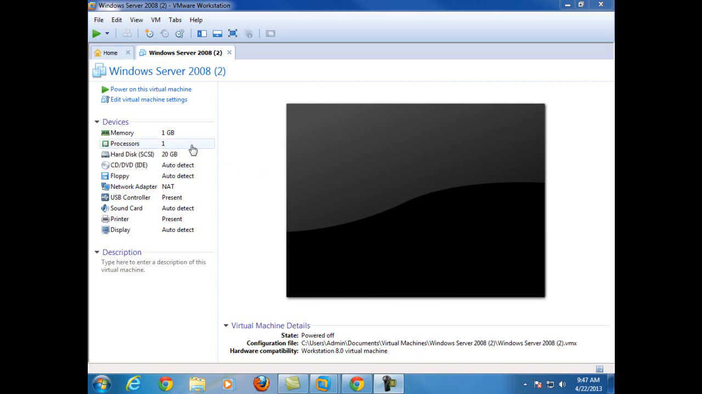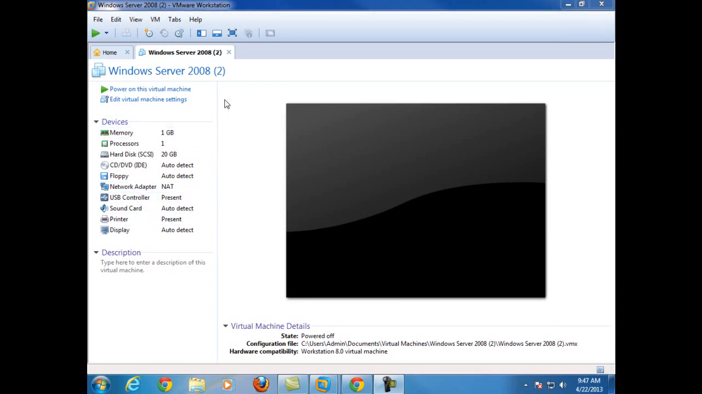So just to review a couple things. Again, this is my Windows server that we installed yesterday, and here again are the settings. We talked about memory, processors, hard disk. We talked about all that. What we're going to be talking about and focusing on today is the network adapter and connecting both machines together. So I'm just going to keep this off for now, and what we're going to do